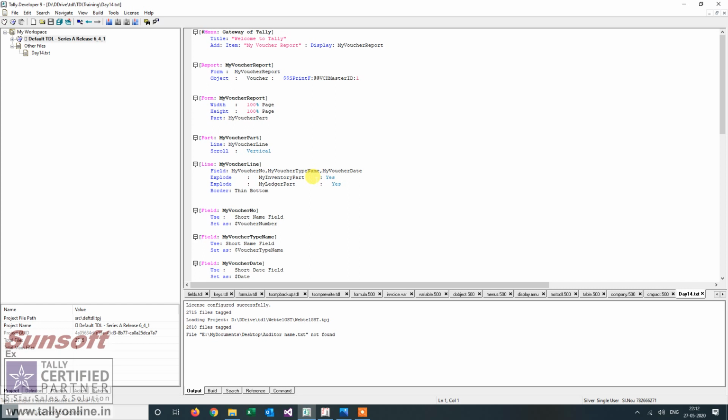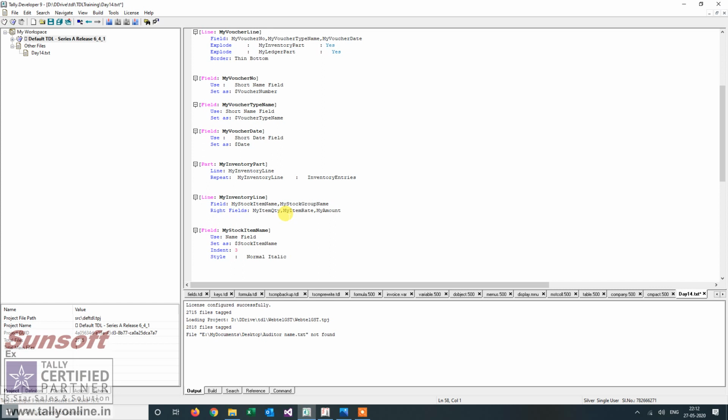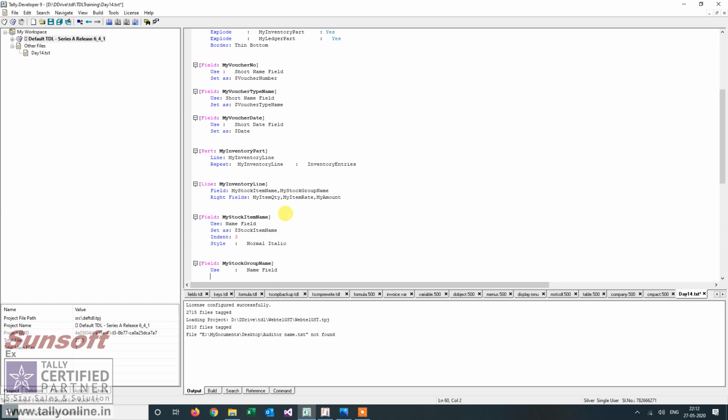Let me do that in the inventory entry line, and here I say my stock group name. So I have a field called stock group name. Since it is a string, I use it as such.